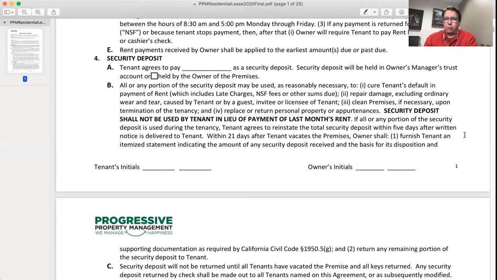You'll see in section 4B, it says in big capital letters, security deposit should not be used by tenant in lieu of payment of last month's rent. So you have a lease through May 31st, and May 1st rolls around, and you call and say, you know what, just keep the security deposit instead of my last month's rent. That's in clear violation of the contract, and we would have the right to post a 3-day notice to quit or pay. We'd have the right to move forward with an eviction, and if we had any kind of losses, we'd have the right to put a judgment against you. So don't think the security deposit can be used for your last month's rent. It will not, and we will take action.